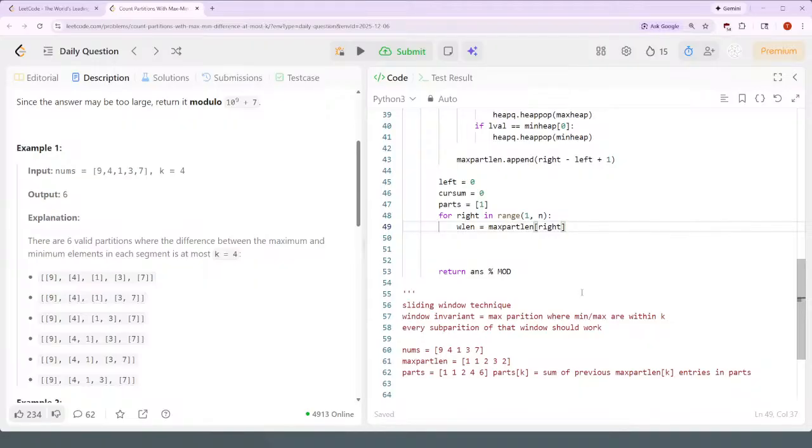If it's 1, so if it's 2, then the previous sum is 1. If it's 2, then I should add this 1. So I should add